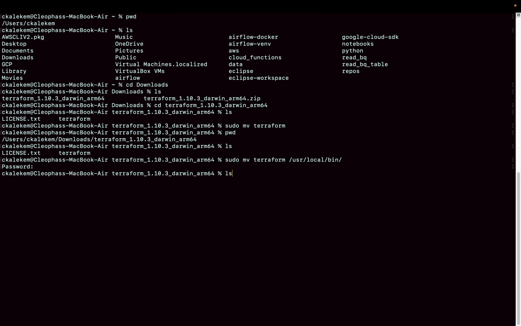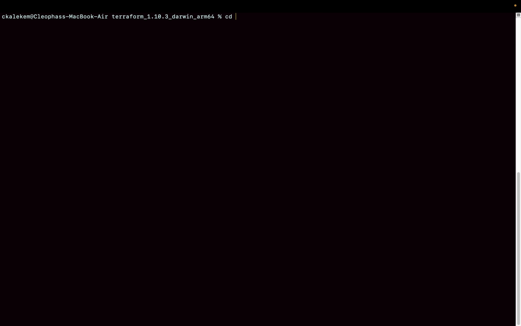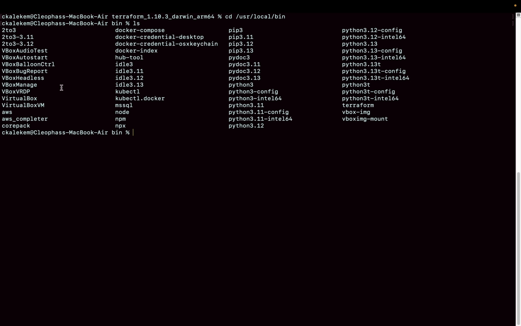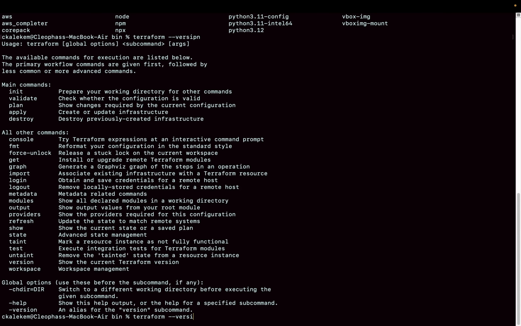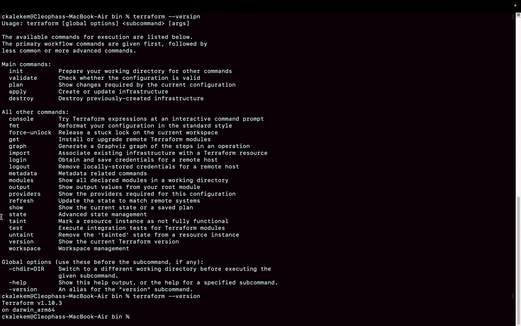Okay, so now if you ls here, Terraform has been moved. Now if you go to the location, cd /usr/local/bin, you will see there will be a lot of commands here, but Terraform should be somewhere here as well. There we go. Terraform is listed here. Now you don't have to run from that location. I think you can run it from here, just terraform. If you want, you can check the version for Terraform in this location, terraform version, and it will tell you the version for